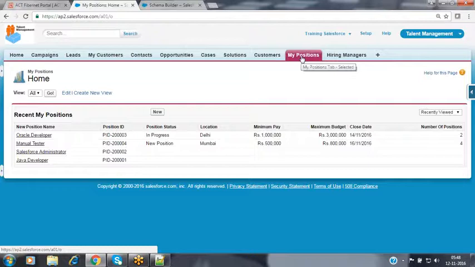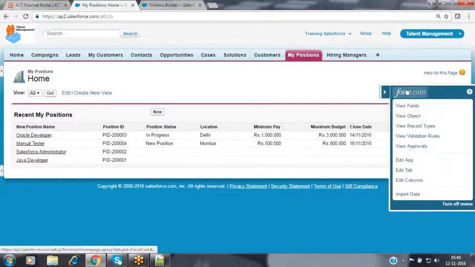I am creating the association between the two objects, where one object already has records. If the records are already there in the object, then I am going to map the association here. Now let's see, will it be possible or not? In order to map the association between the two objects, we have to create a relationship field in the child object. Now let's go to the child object, that is position.